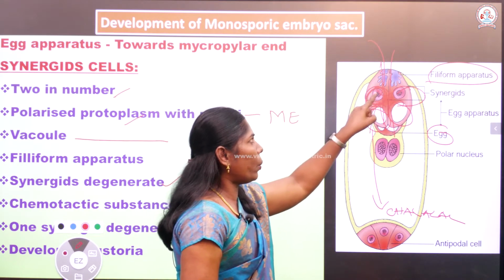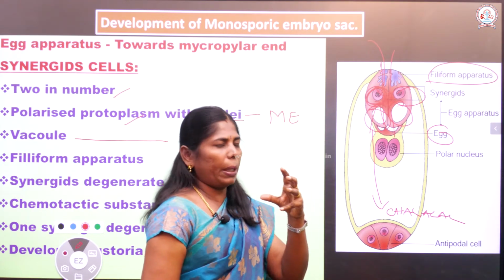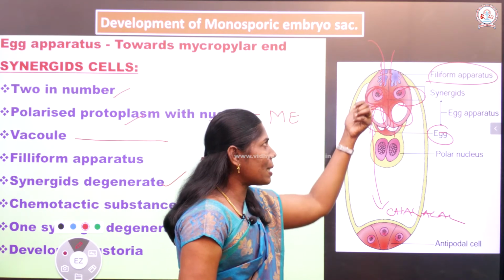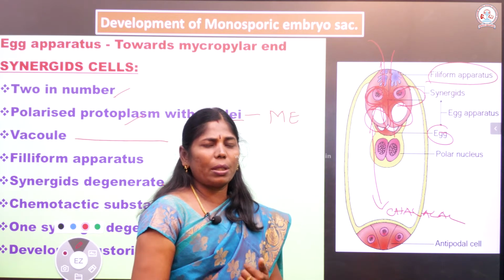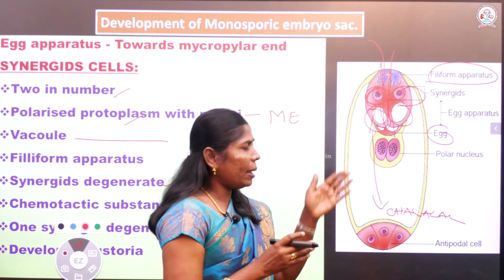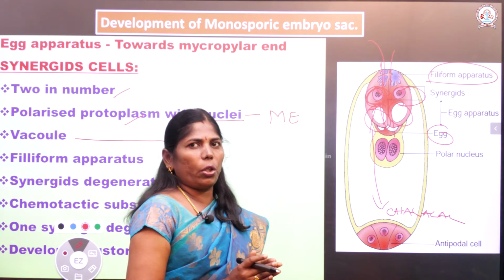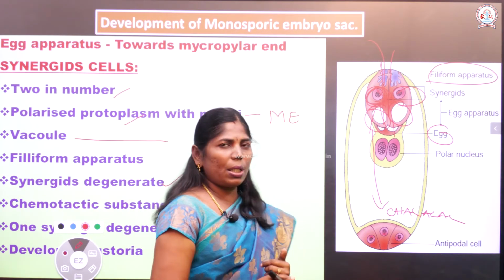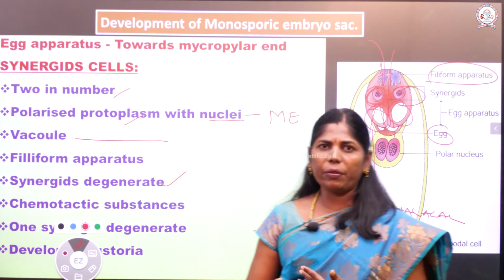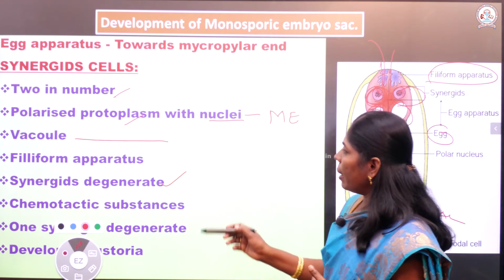Okay? So the synergids present here degenerate, so the pollen tube can easily enter into the embryo sac. Actually, they have to provide the way for entry of the pollen tube. So one of the synergids degenerates to provide the way for entry of the pollen tube. And another one is here